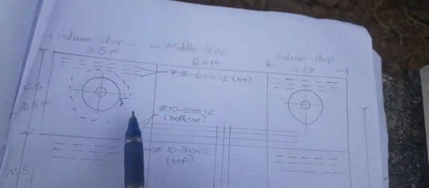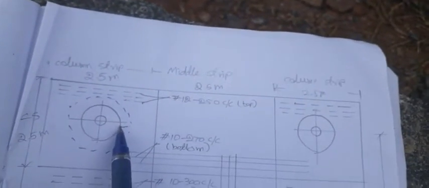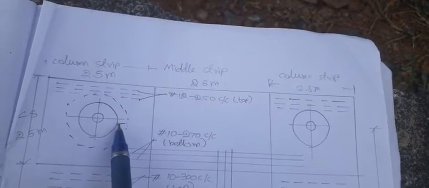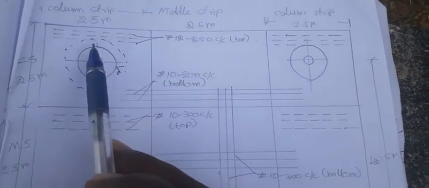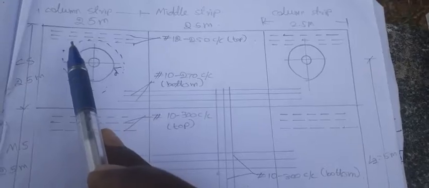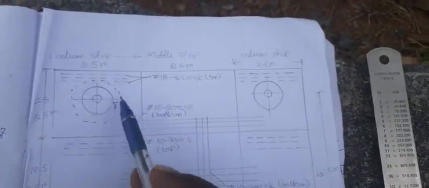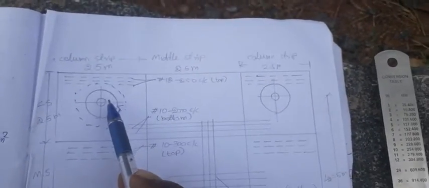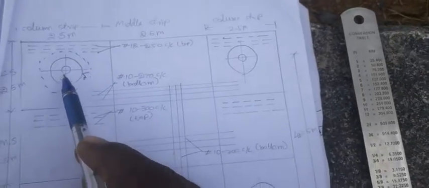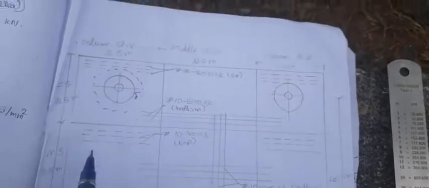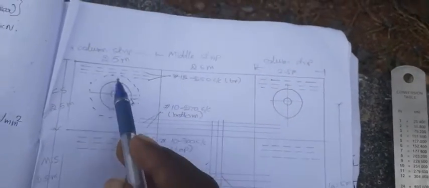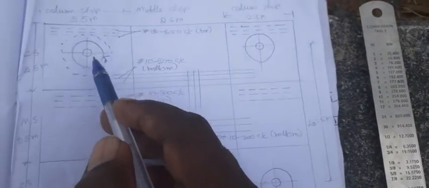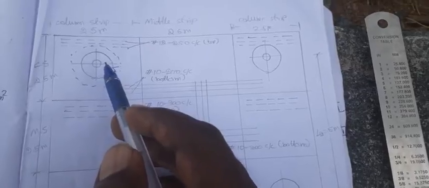At a distance d from the edges of the column head, we find the maximum shear stress. So this portion will undergo the shear. We need to find the total loads acting at this point. We know the whole section has a total load. From the total load, the loads above these portions need to be subtracted. That's why I am doing it like this.